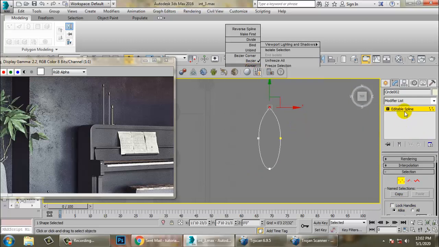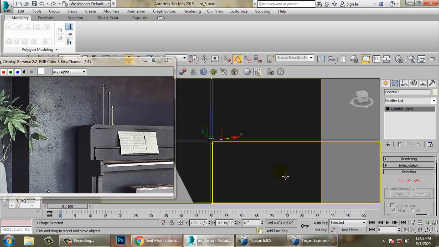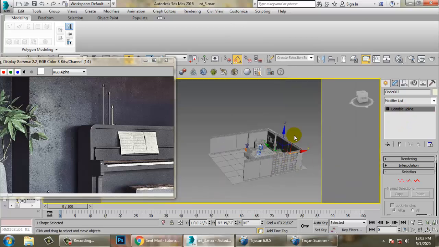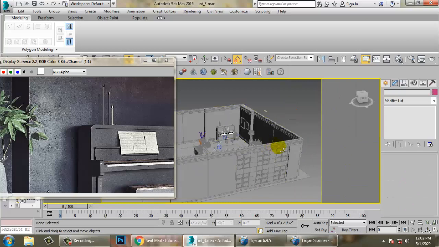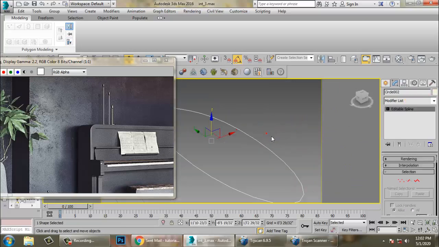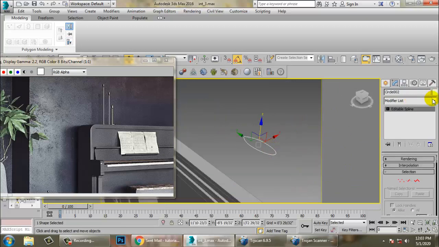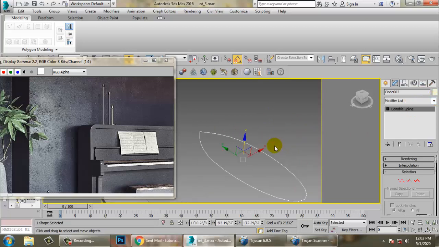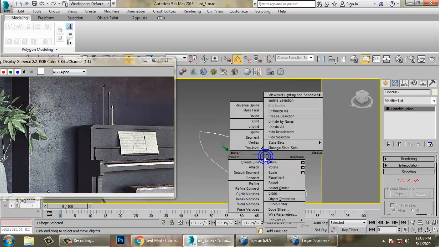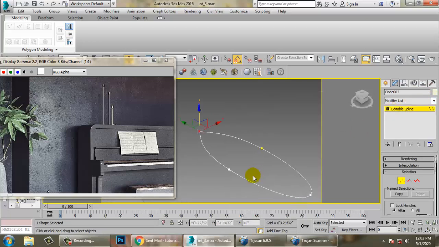Once you're done with this, we can push this up. Very important, right click on it and use refine. We already have it, we can just push this up a bit.